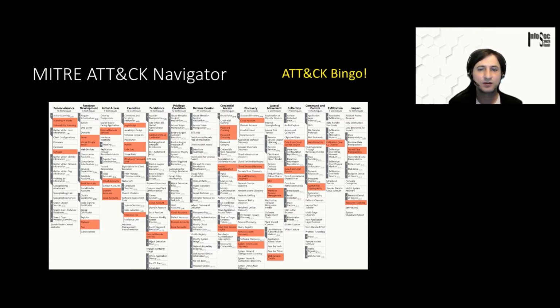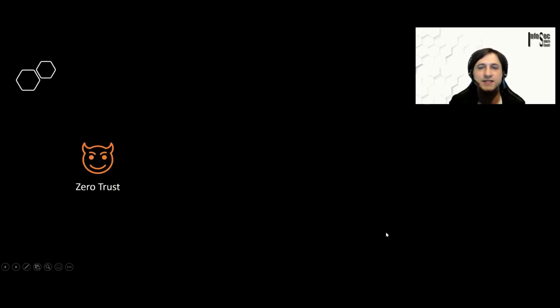If you then look at all these techniques we used in this operation, we put them on the attack matrix, play attack bingo in a sense, right? And then you can see here credential access, right? We used the session cookies, and we then used them to perform lateral movement into the cloud account. We used SSH to perform lateral movement. So this gives you a really good picture of what happened during the operation.